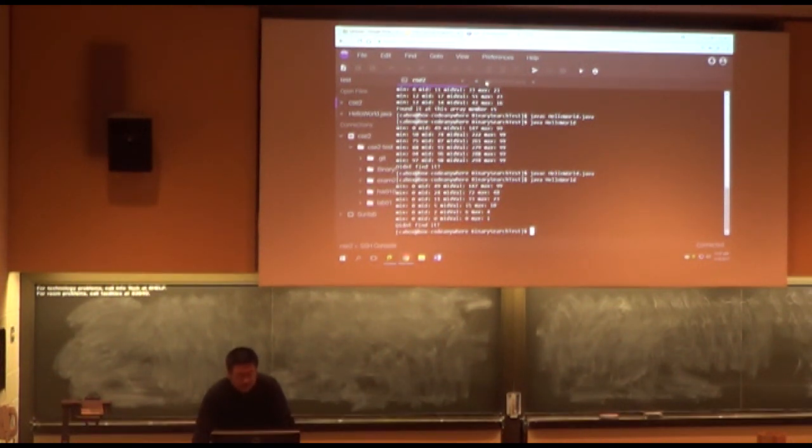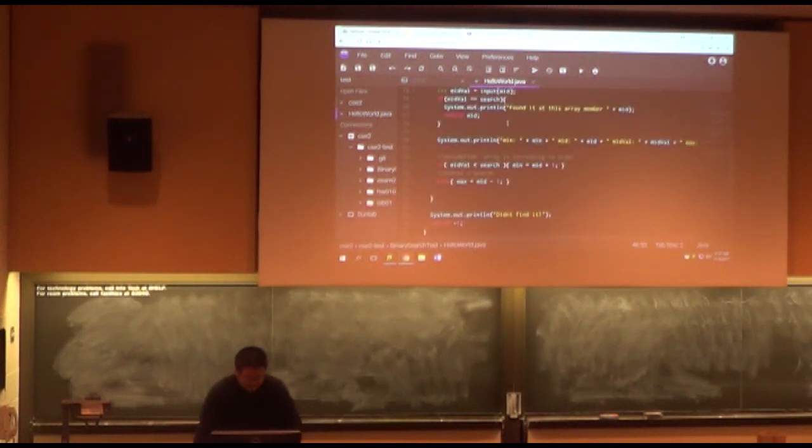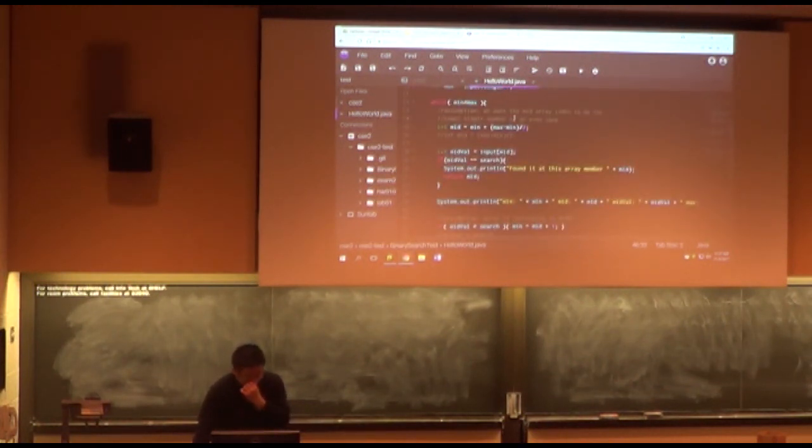I'm actually kind of surprised that I didn't mess it up the first time. But I can send you guys a copy of this code so that you can see a while loop running binary search. You can also Google for this. This will be up in a million different copies somewhere. I'm glad that we had a chance to